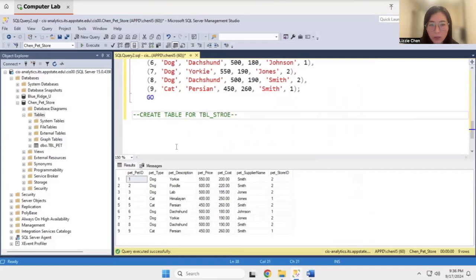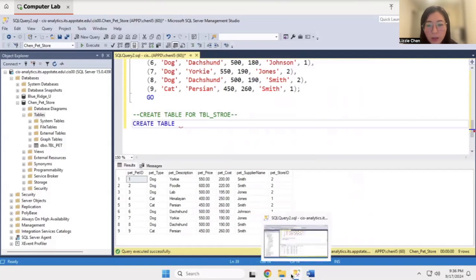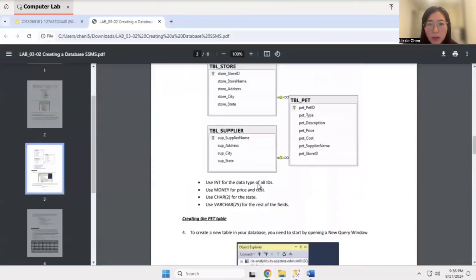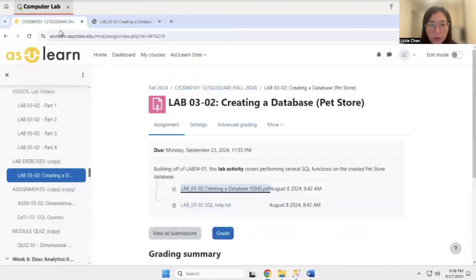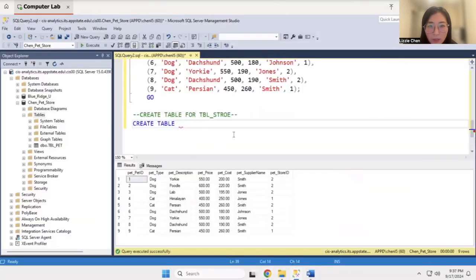This is my comments. Again, if you want to create a table, you can just use the code: create table, and we want to name it TBL store. And we can create this TBL store. Again, use parentheses and insert all the required